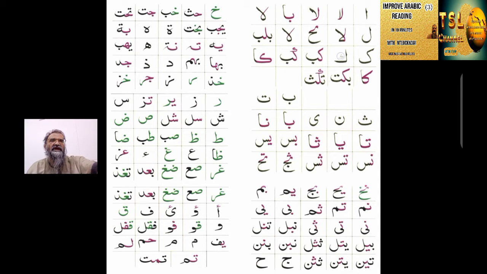Kaf, kaf ba. Kaf alif. Ba kaf ta, ta kaf sa. Ba, ta, sa, nun, ya, ba alif, nun alif, ta alif, ya alif, sa alif, ba sin, ya sin, nun sin,